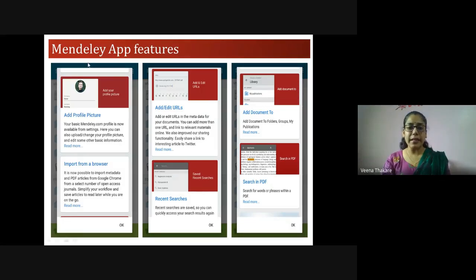What other features are there in the mobile app? You can naturally add a profile picture, you can add and edit, and import from a browser. That browser import facility is there in the app as well. Add or edit URLs. You can add the data, the metadata, whatever you've added. We saw the metadata of that particular resource. You can edit that if it is not right, because it is added by somebody else. So maybe at times if it is not correct, you can edit it